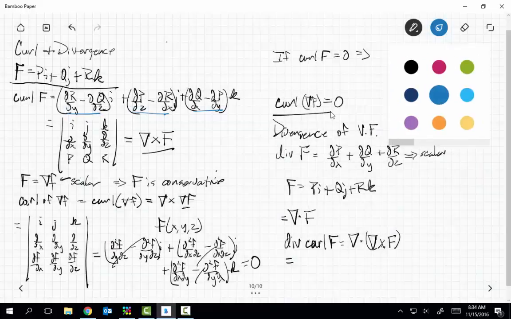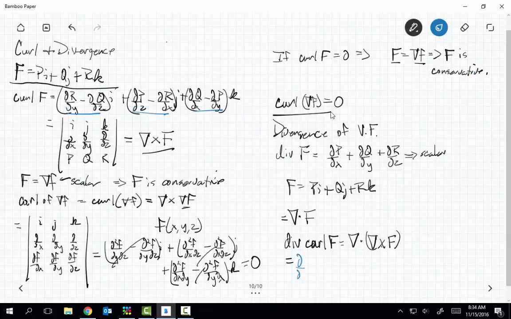Let's change colors. I'm taking the partial with respect to X of this guy, and then I'm going to add to that the partial with respect to y of this guy, and then to that I'm going to add the partial with respect to z of this guy, right? I'm just going to leave these parenthetically. So what does that give us? It's going to give me partial squared r over partial x partial y,